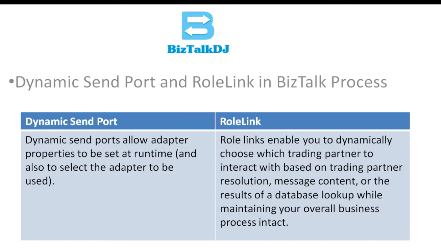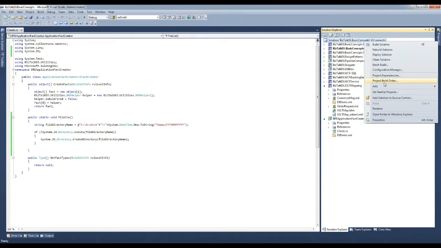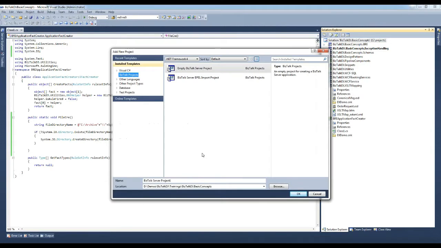Let us create a BizTalk project. I'll name the project BizTalk DJ dynamic routing and roles and links.